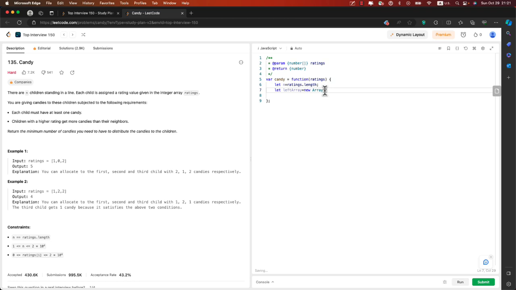Okay, I want the array and fill it with ones. Also, let's write the right array